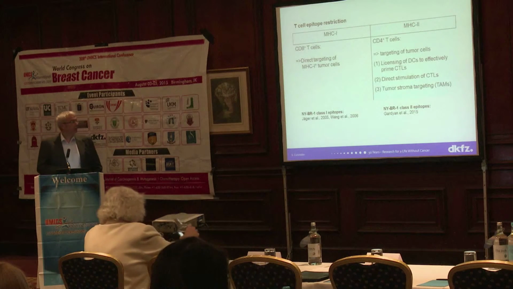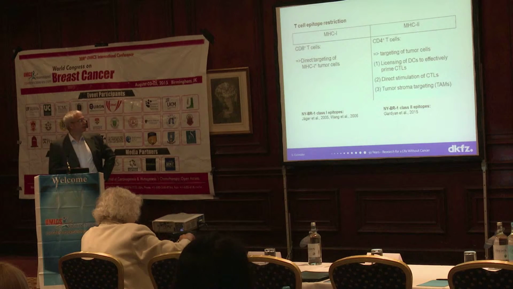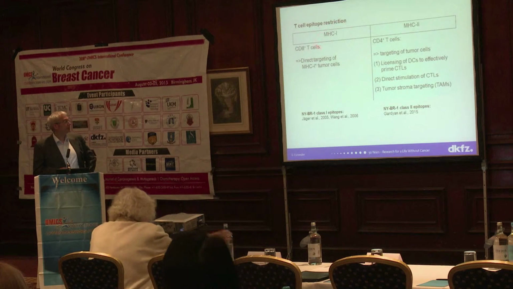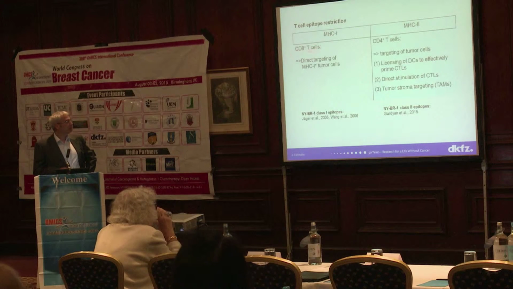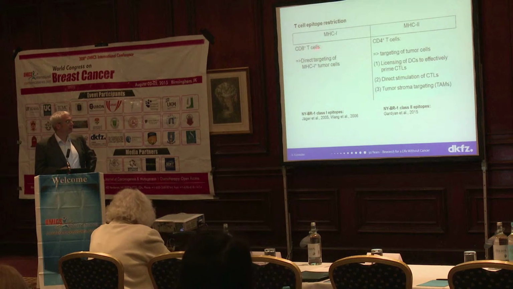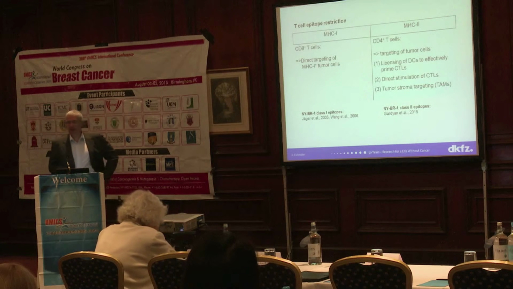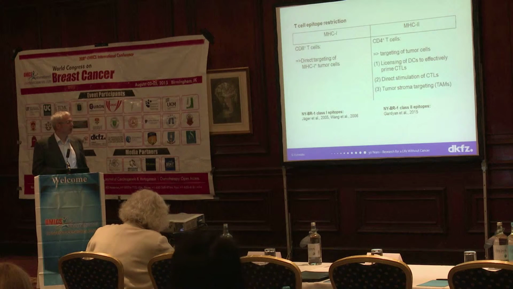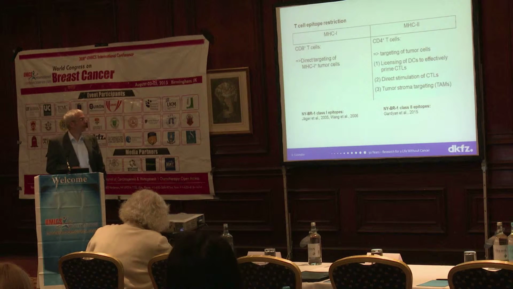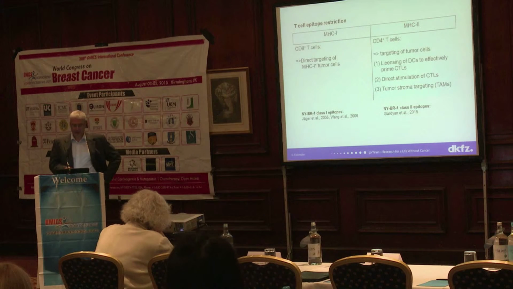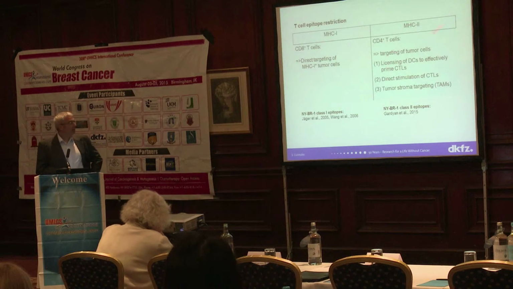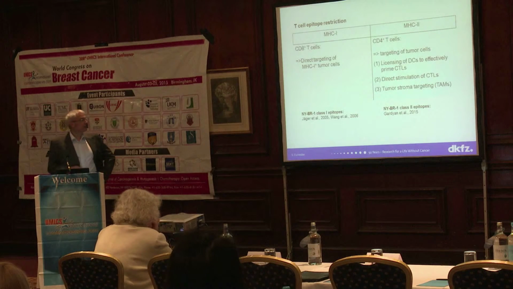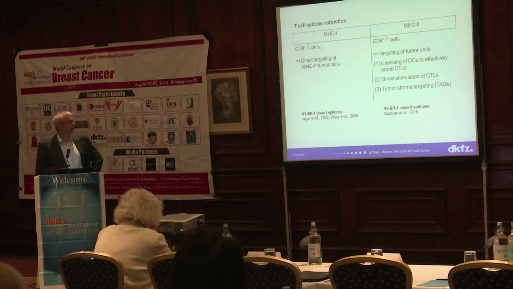This slide should remind us of the different restrictions an antigen can have. There is, of course, the class 1 restriction, which is important for CD8 T cell recognition. CD8 cells are the ones which directly target the tumor cells and can eventually eliminate them. For New York BR1, there are already two publications which have identified some CD8, or class 1 dependent, epitopes. And class 2 is the restriction which is important for CD4 T cells.